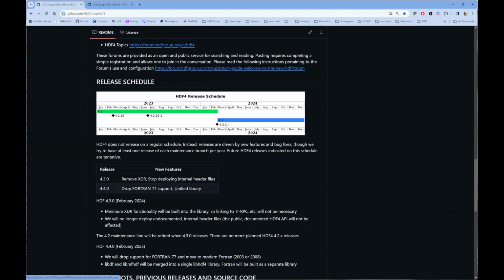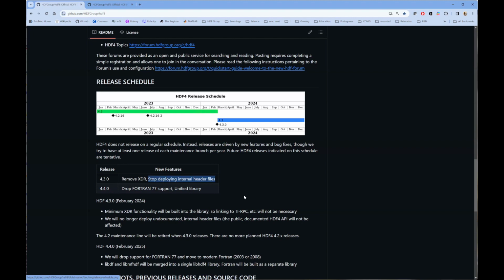So in this one, the important stuff for the people who still care about HDF4 is that we are removing XDR. I mean, it's technically still there, but it's hidden inside the library, and the functions have been renamed so they don't symbol clash. But this is no longer something people have to bother themselves linking to because it's not in libc anymore. And the other thing is, historically, we have deployed every single header file in the repository, which is a bad idea because you cannot refactor anything if you do that. So we are only going to deploy the header files that are for the public API. So if anybody's using the internal functions of the library, you're going to be stuck on 4.2.16 on this branch